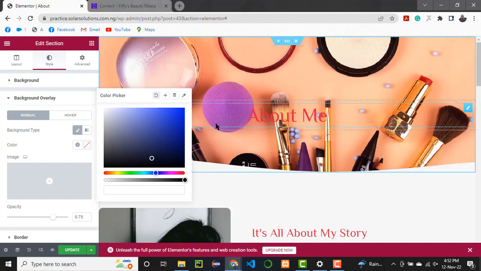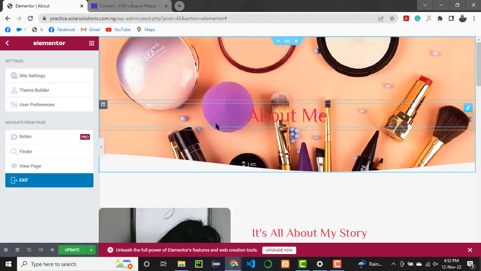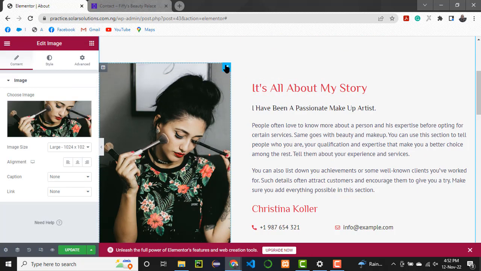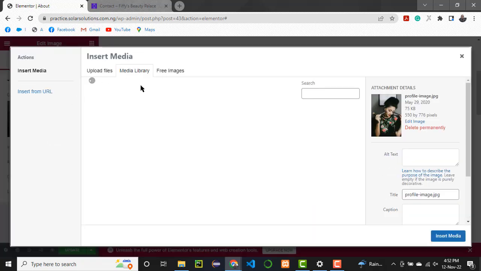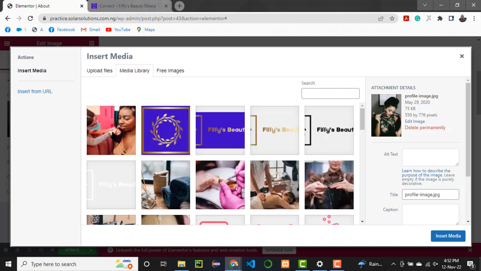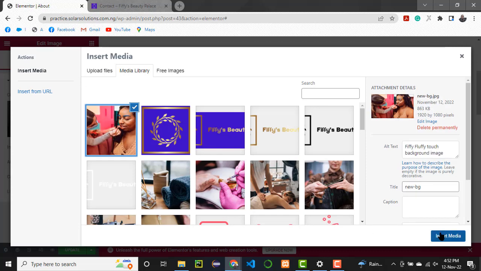Alright, so that's how you select that section. You can press escape to leave the editing, and then you can go to another section. You can select this, you can change this image by clicking on this button. You've already seen how we can do that. Okay, let's choose the image we used the other time. Alright, this is the image, South Media,